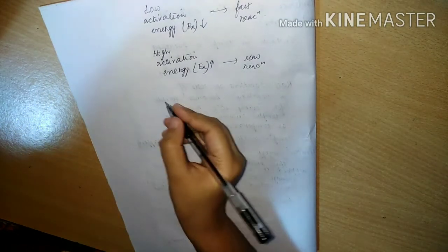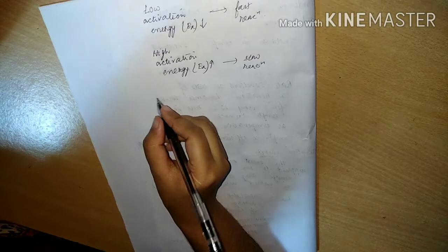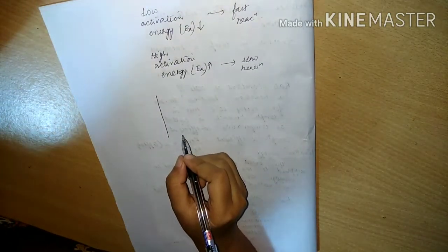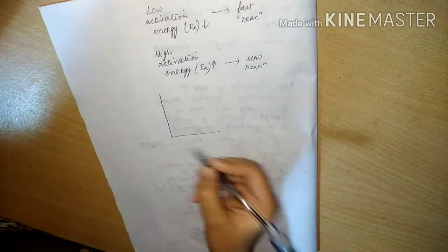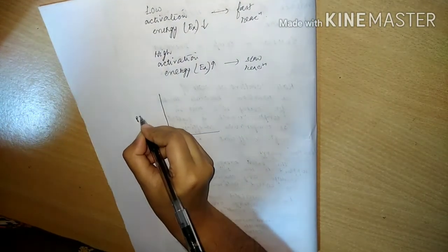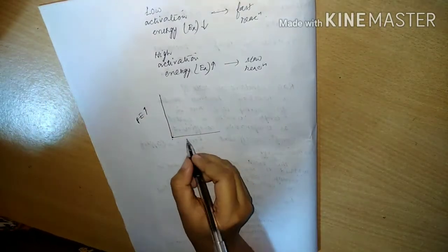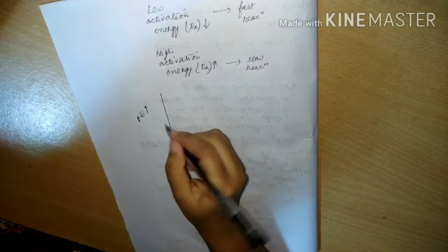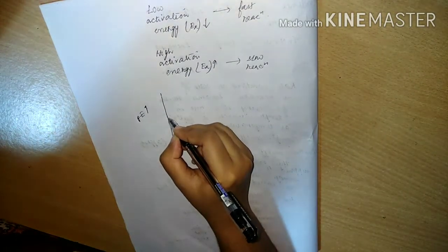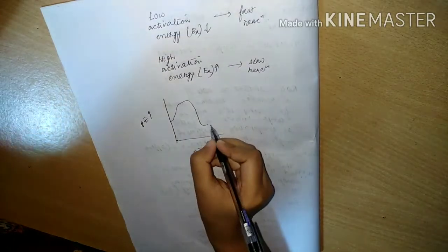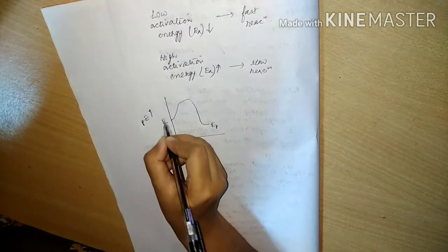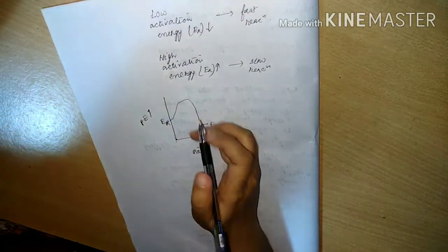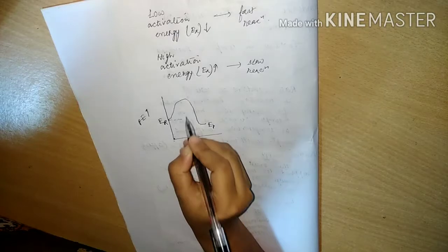Now the Arrhenius equation and the concept of activation energy. Let me show you the graph, how we will determine del H. Suppose I am plotting a graph where this side is potential energy PE and here is the path. I get the graph like this. This will be EP and this will be ER, the energy of the products and the energy of the reactants.